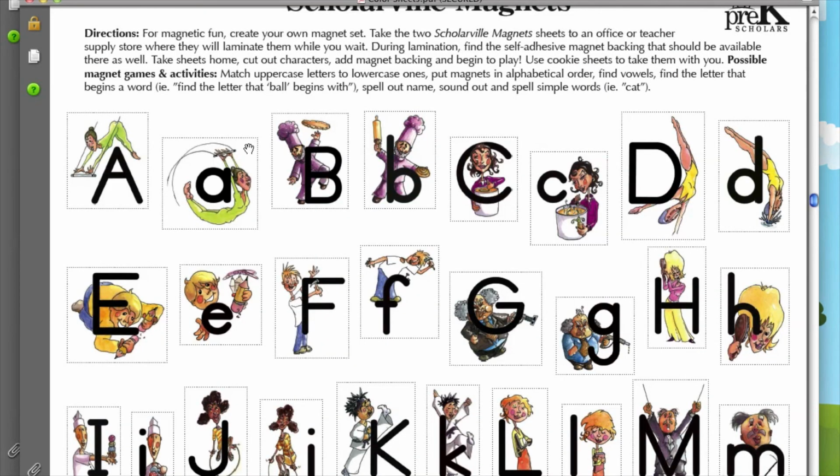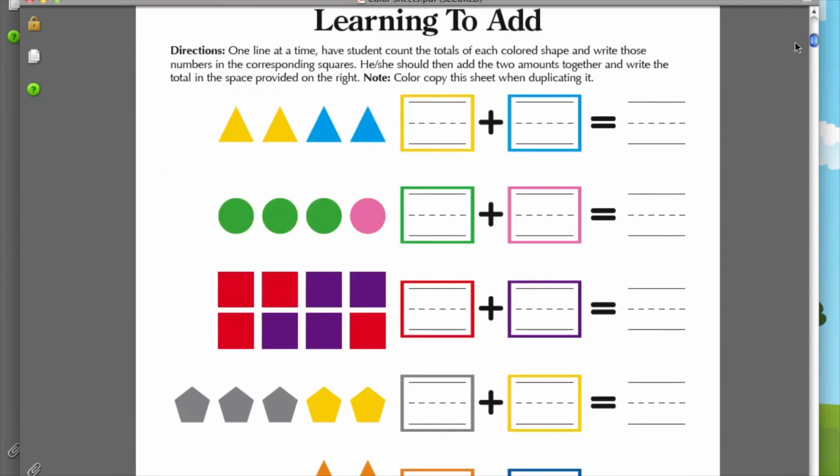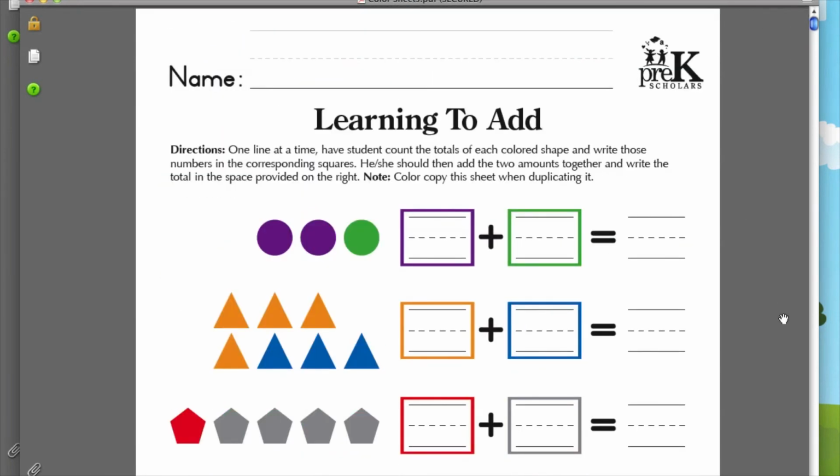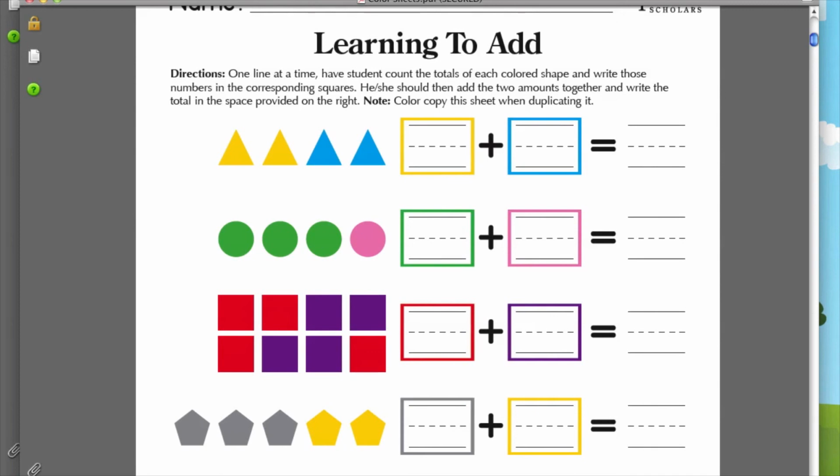I will also point out that we put all of the color worksheets in one file. So these all appear at the appropriate time during the course, but they're also put together here in one place for those people who don't have a color printer. They can print everything at one time and then introduce them as necessary. For example, here under Learning to Add, that's week 10 because that's letter A, and we introduce adding in week 10. As I scroll down here, you'll begin to see some of the fun activities that you can print over and over